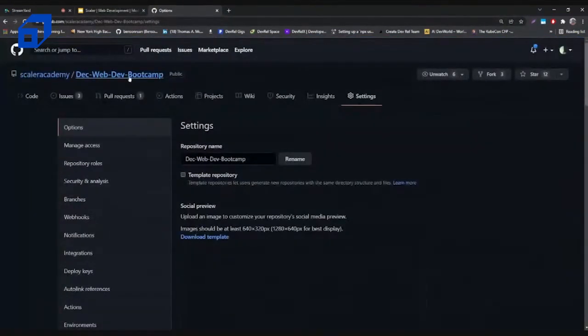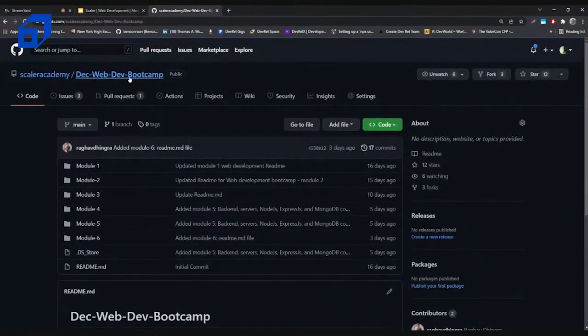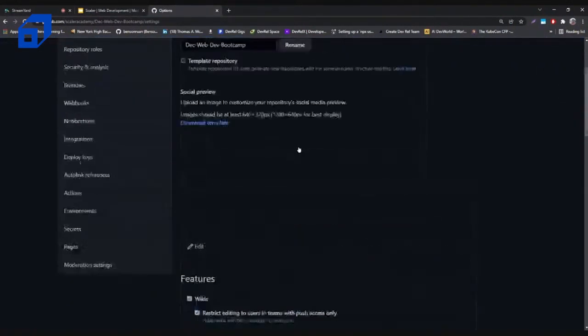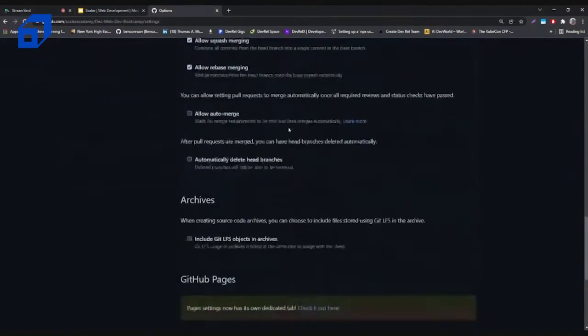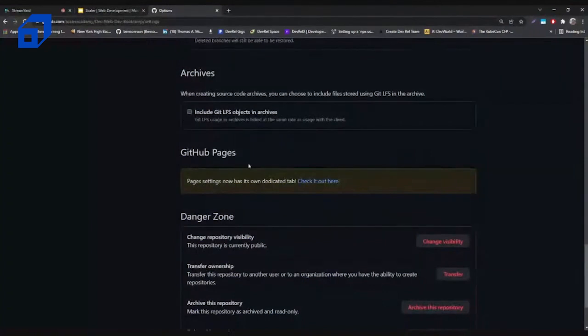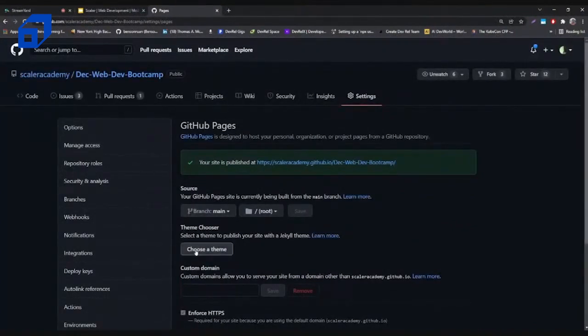For whatever repository that you own, you just need to go to the settings page, and within the settings page, you just have to scroll down and go to GitHub Pages. There is a dedicated page for GitHub Pages, and what it allows you to do is, I had already tried it out, but in case you have a very simple front end application, over here you will be asked